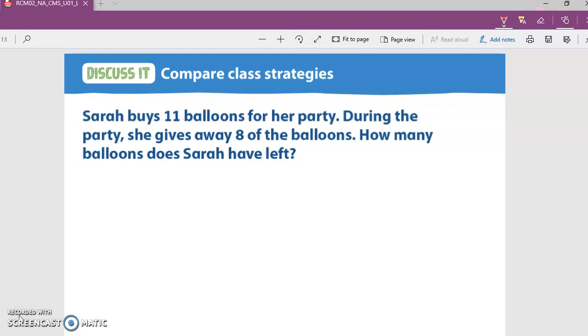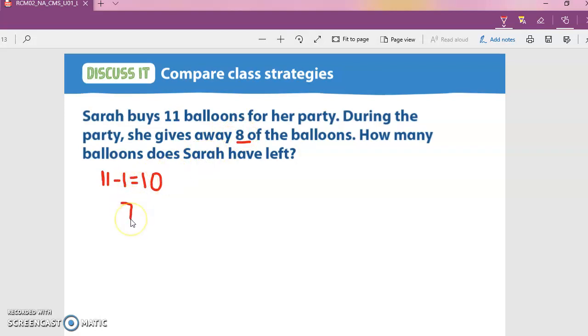All right, so let's take a look at a couple of different ways that you might have solved this problem. First, to make a 10 to subtract, we start with 11. And to make a 10 from 11, I only have to subtract 1. And then I have 10. Okay. If I need to subtract 8, but I've already subtracted 1, 8 minus 1